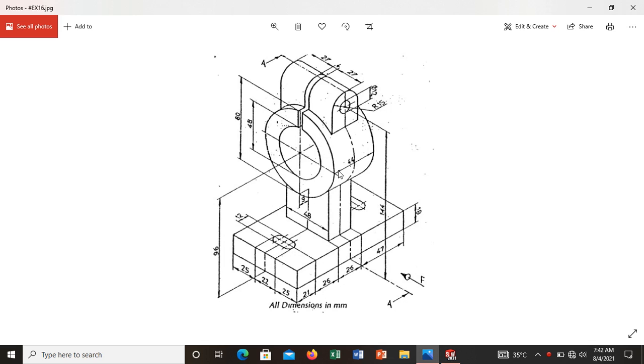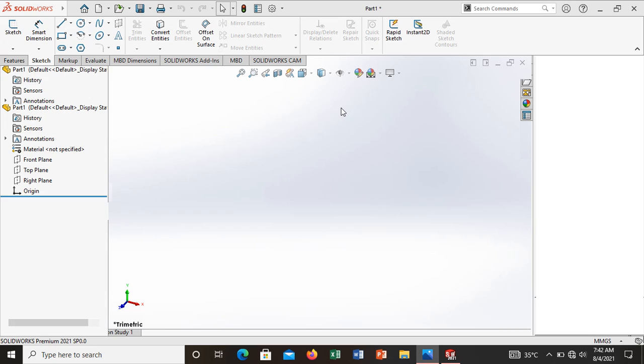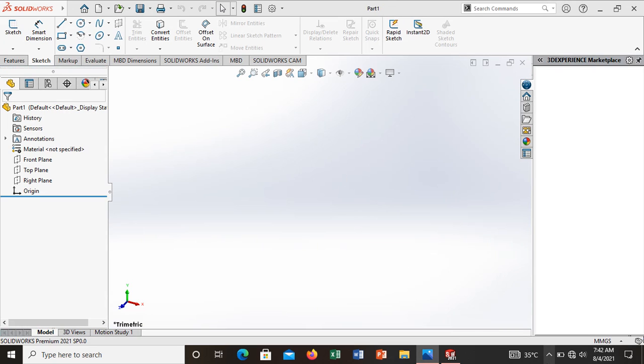First, draw this rectangle with a height of 96, and then this rectangle has a dimension of 72 into 18, and then this rectangle is of dimension 96 with 18, and then draw the circle with the dimensions of 80 and 48. Then, for the creation of the solid model, we are going to draw this other projection.